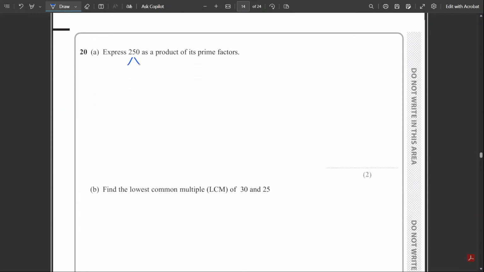Write 250 as a product of prime factors. So you write down 250. Two numbers that multiply to get 250 are 25 and 10. The 25 is 5 times 5, they are prime numbers, and the 10 is 5 times 2, they are prime numbers. So we can say 250 is equal to 2 times 5 cubed, 5 times 5 times 5. It doesn't say you write it in index form, but if you write it in index form, it still gets